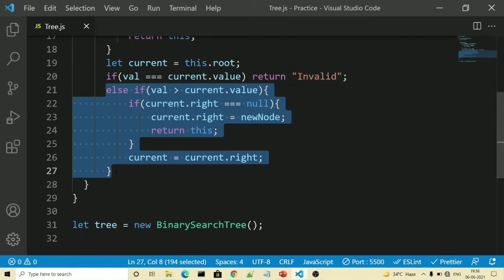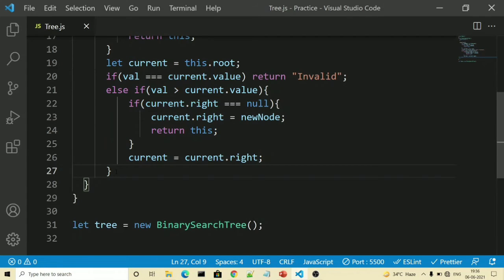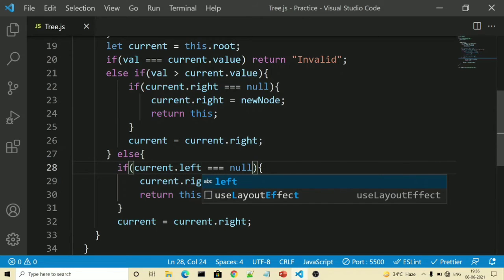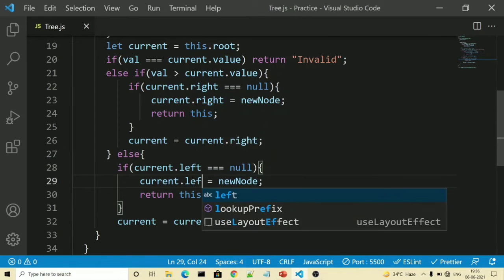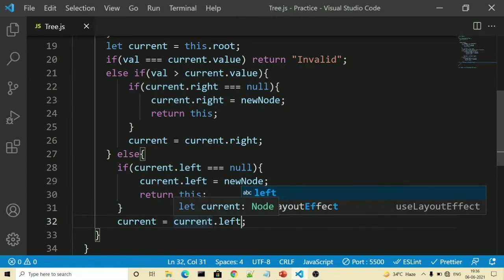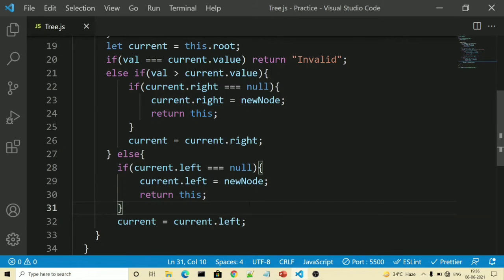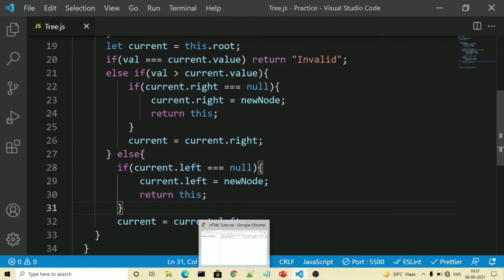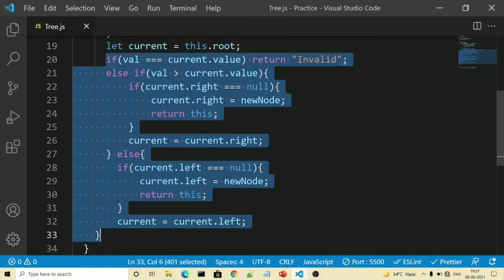So we will copy this thing, Control C and then Control V. And for the else condition will not be there and right will be replaced by left now. So left, and here also it will be left. Once that is done, actually our code is ready. But actually we need to repeat the steps. It is saying repeat the steps, repeat the steps. So how we can repeat? Because we have not written any loop here. So actually we need to cover up this if, else if and else part inside a while loop.